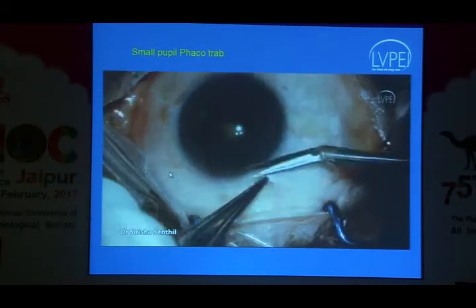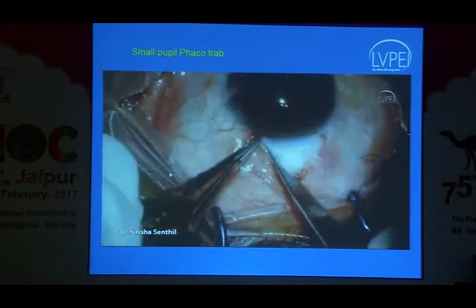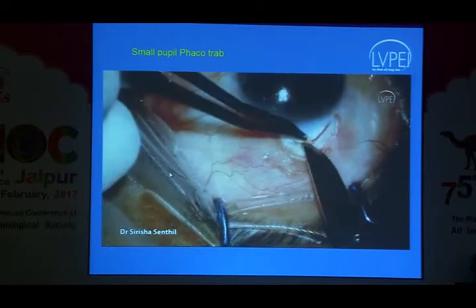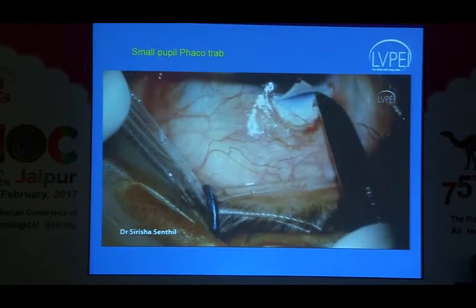So most often we also encounter eyes like this, which is not at all uncommon for us, especially if, like I said, they are on pre-existing pilocarpine usage for a very long time. Then we end up having small pupils like this. So a couple of things that will help us to manage this pupil: